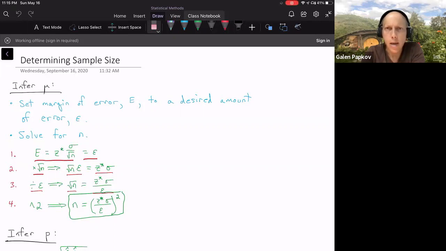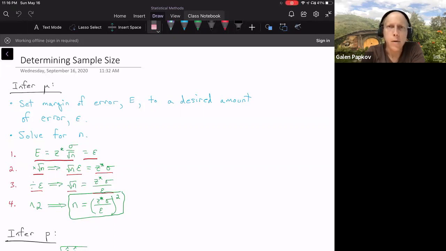The way that you figure that out is the same reasoning, whether you are making an inference about a mean or about a proportion. Over here, I am going to talk you through the derivation. I'm not going to quiz you on it, but it may be helpful to figure it out, because if you can't find it on the formula sheet,